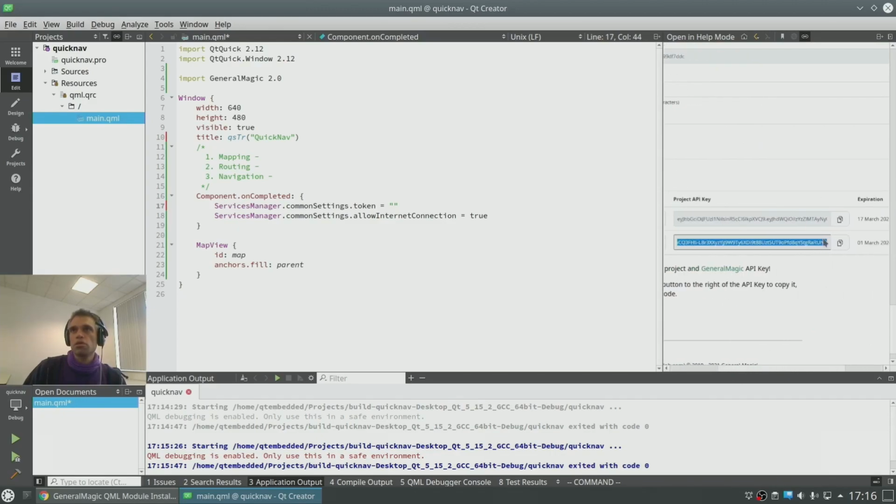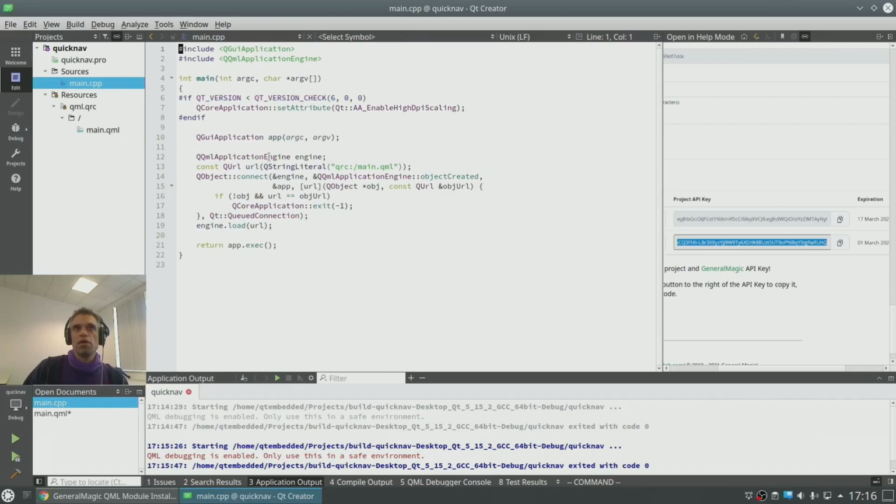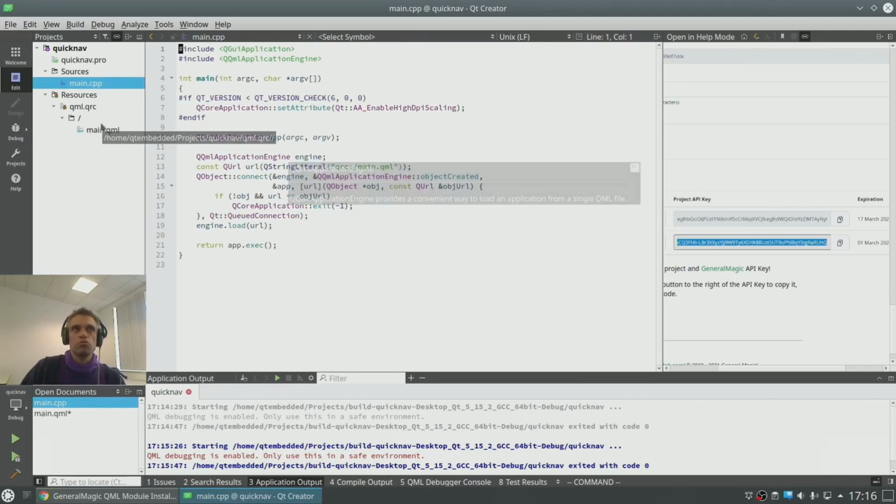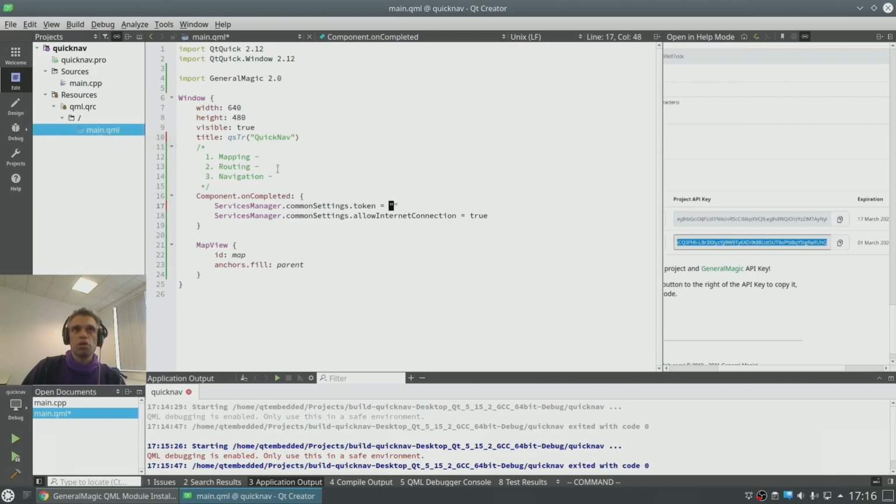And here at the bottom, we have our API key. We can just click this button to copy it, and theoretically we could just put it here, but we don't want to do that. We want to keep our key safe. So we will put it here in the main CPP file and define it as a CPP property. This is shown how to do this in the example, so we won't worry about this right now. Just pointed it out and just comment this out for now. Great. So now that we have our map, the next step is routing.